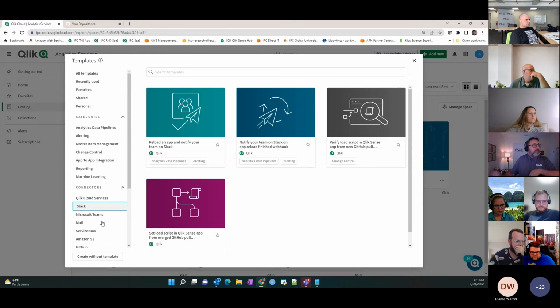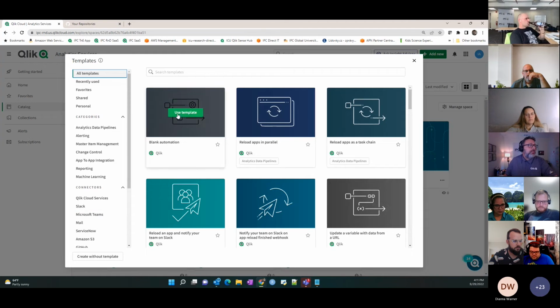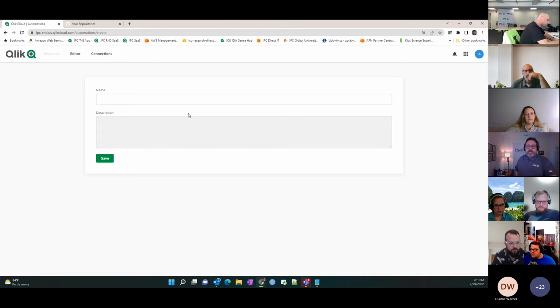But I don't want to use any pre-built templates. I want to actually start one from scratch, so we'll see all of the steps needed. So I simply will create a blank automation. So let me click here, use template, and the only thing you need to start is to name this template. So let me call this